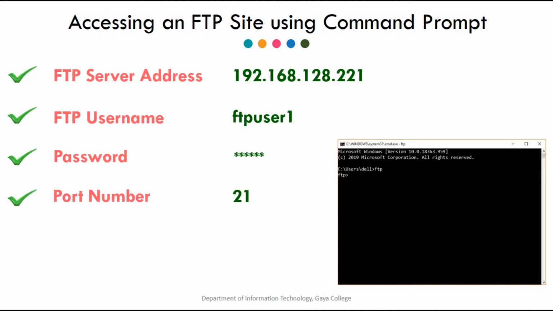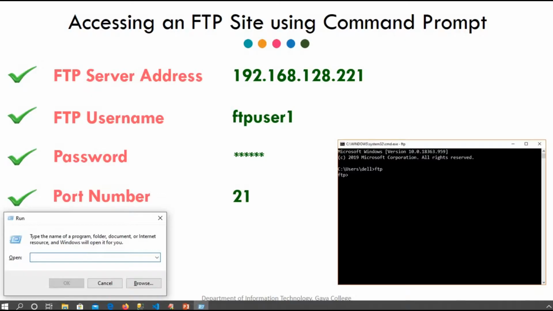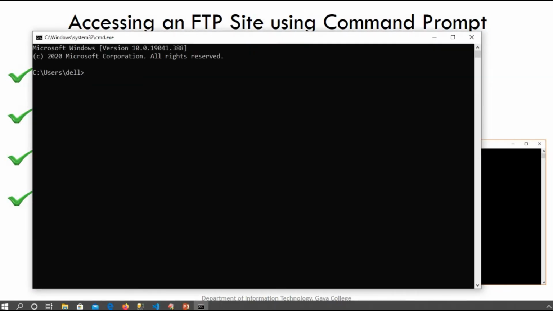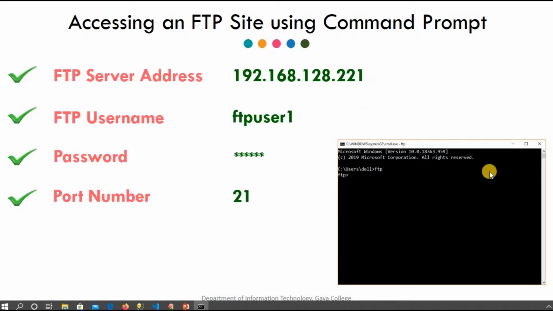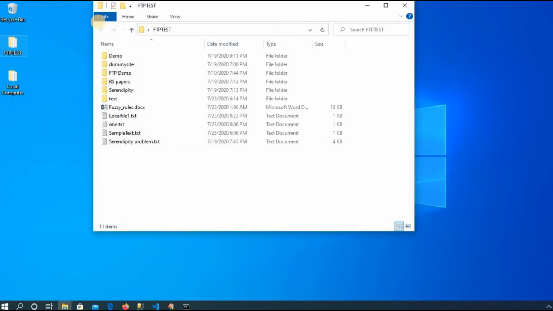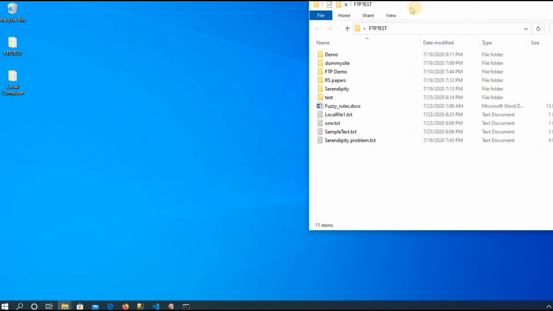Now to proceed with communication, open the Run window, type cmd, hit enter, and you'll get the command prompt. Now I'll show you the root directory of my FTP server, which is on the desktop, and here it is. So these are the files on my FTP server.